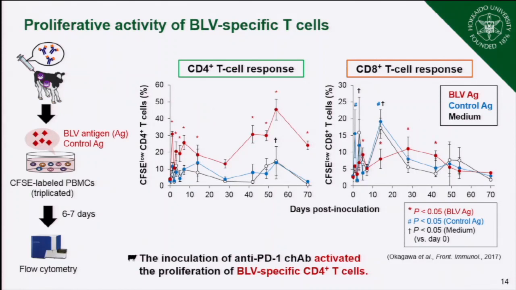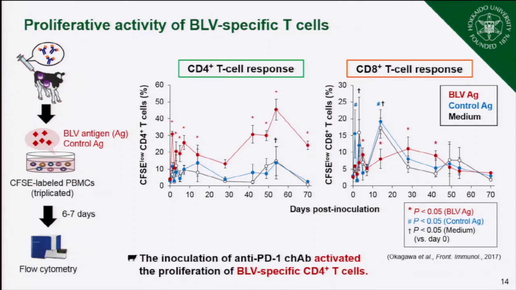Firstly, we analyzed T-cell proliferative activity against BLV antigen. We collected PBMCs from the inoculated animal, stimulated them with BLV antigen or control antigen, and analyzed with flow cytometry. As you can see here, BLV antigen, shown in red, stimulated a BLV-specific CD4 positive T-cell response just after the inoculation